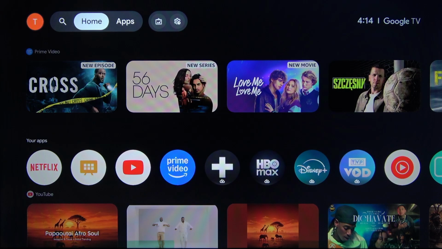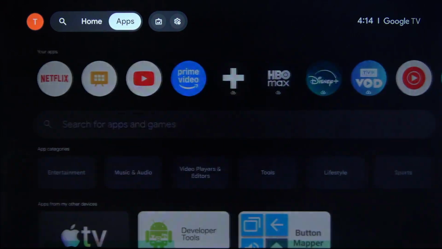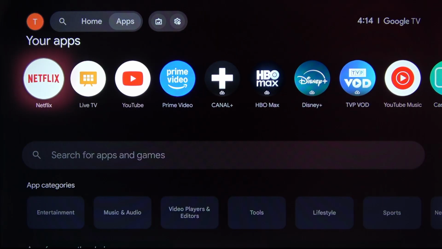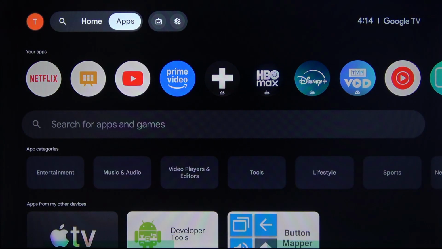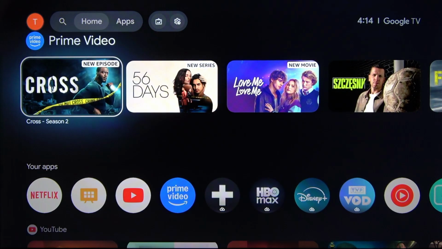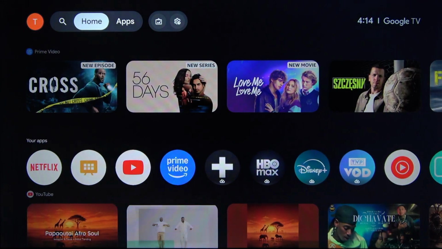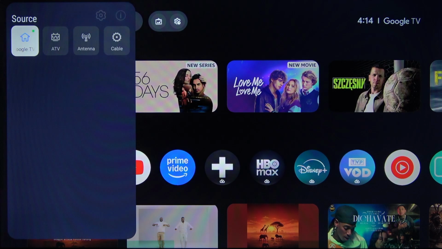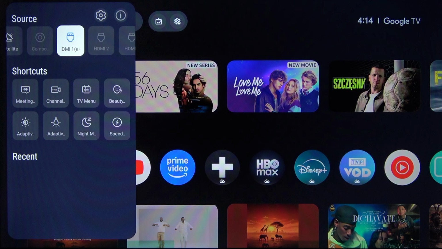So first of all, we're gonna have to switch to the external source since the TV won't let us affect the screen size on the home page. So let me press the sources button on the remote control and switch to my HDMI device,